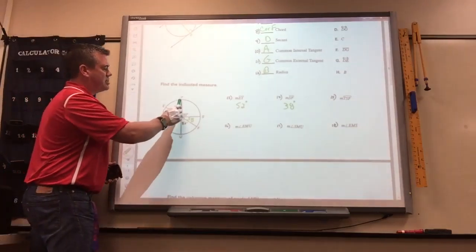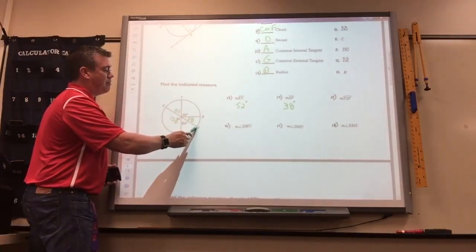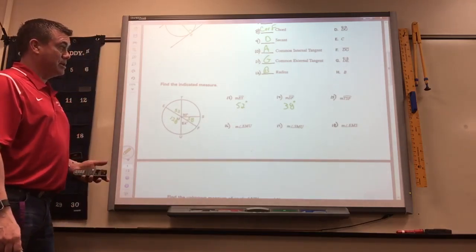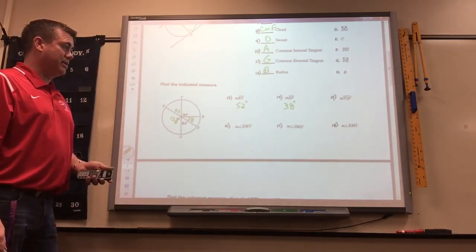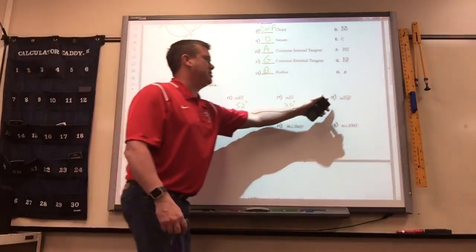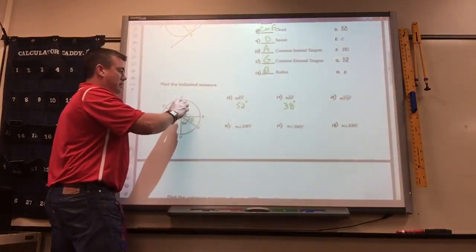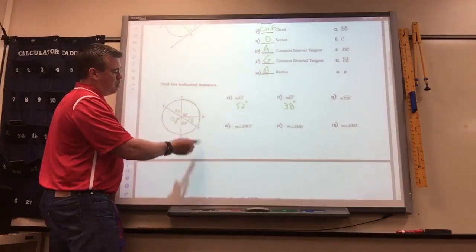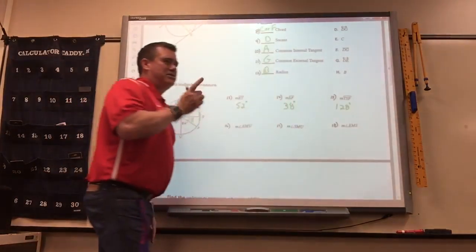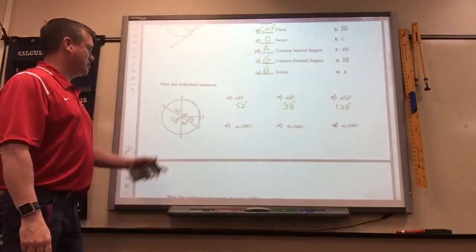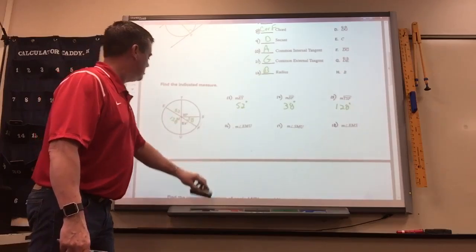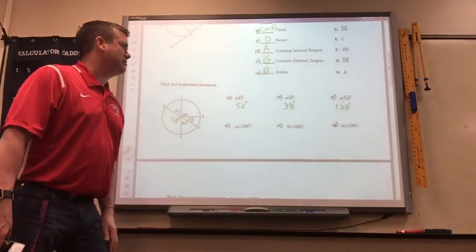So SF is 38. TSF, start at T, go through S, and stop at F. So that one is kind of a misprint, because when it's three letters it should be a major arc, but you just got to do what it tells you. TSF would be 128. Because wouldn't it just be TF? It would be just TF if it was correct. I just kind of threw this test together, so I suppose I made a mistake. I don't know. Maybe the actual is like that, but